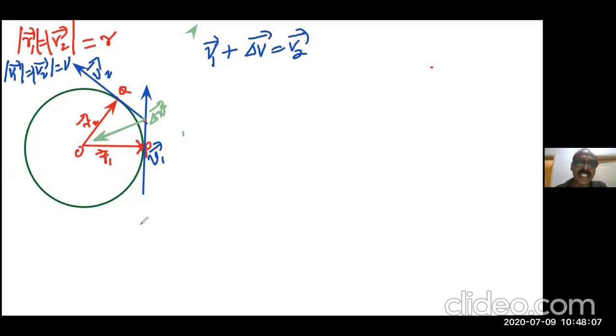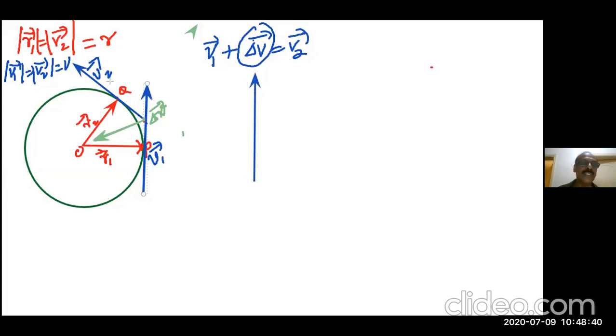Here V1 is in the diagram. Delta V we have to find out. V2 is also in the diagram. Now we are going to make the triangular law of vector addition. It's like filling the blanks. This part is not there, this is there, this is there, and this you have to find out using the triangular law of vector addition. So look how I'm going to do it. This 3 centimeter length I gave you in the beginning, I'm transferring to this point.